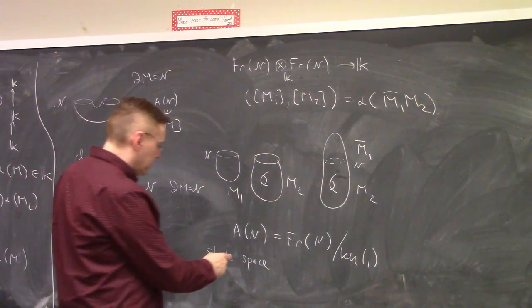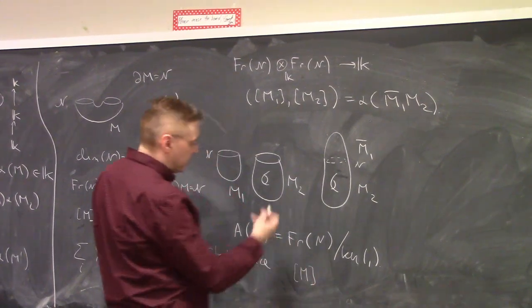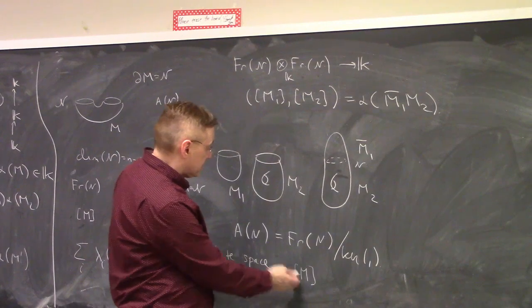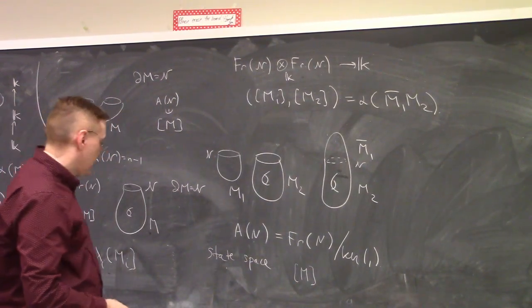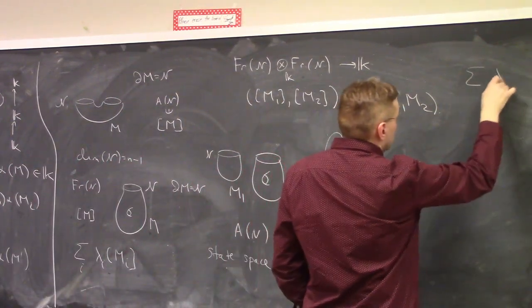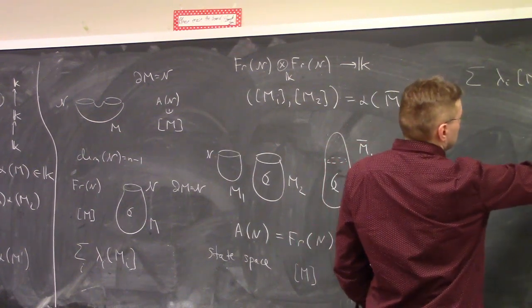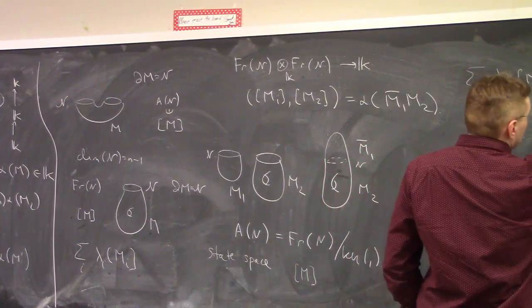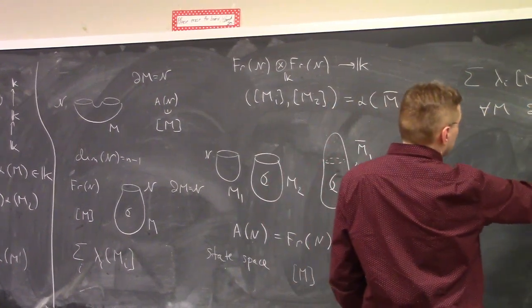Here we still have the symbol of every manifold M with boundary N giving us a vector. But now there might be relations. So we have a relation that the sum of lambda i times the bracket of Mi is equal to 0 in A of N if, for any M whose boundary is N,